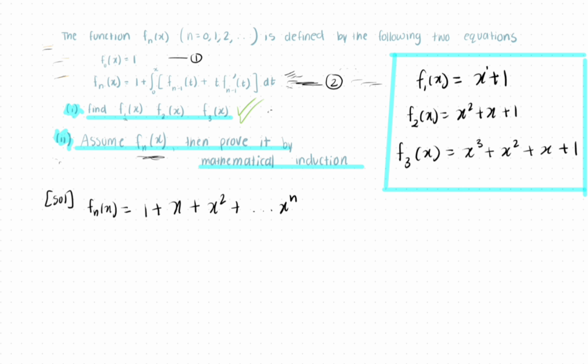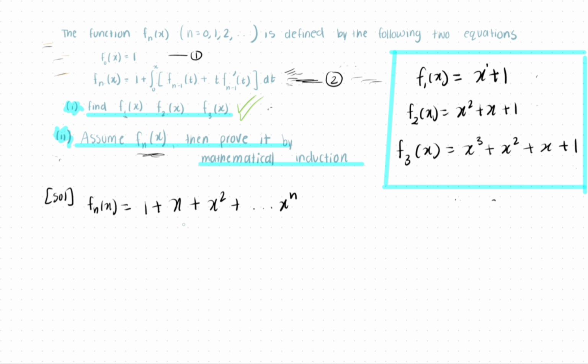So for example, if we were to find f4(x), that would just be equal to x to the power 4 plus x to the power 3 plus x squared plus x plus 1, because it's following a pattern. That's how we get this. So now that we have that out of the way,